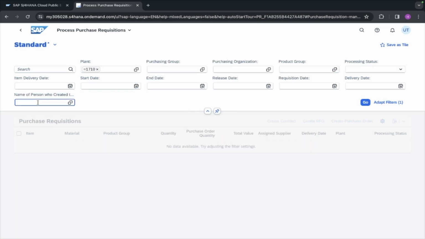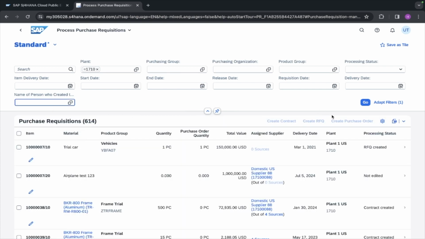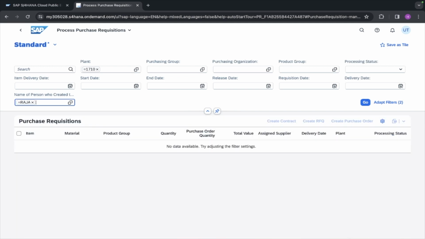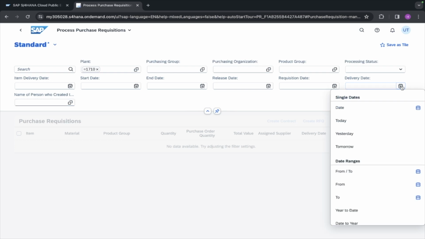Let us check this. Raja. No. Okay. I don't think so, it is RAJA. It is not case sensitive. Okay, delivery date maybe I can use, or